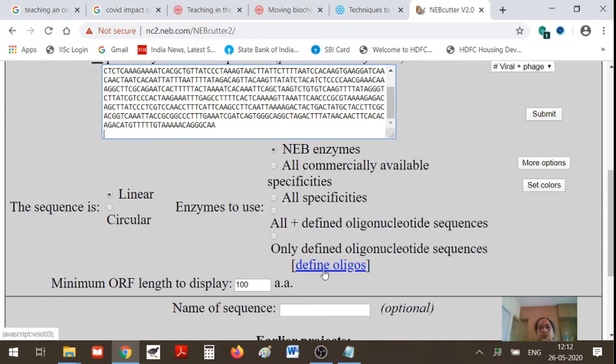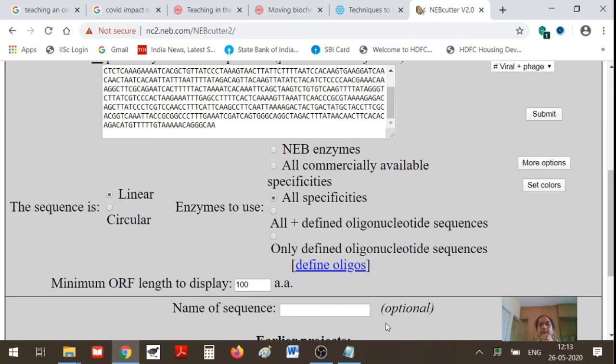Or you can choose to search only for a particular oligonucleotide sequence in your input. You can choose whichever option; I will use all specificities. The output will give me the list of all restriction sites present on the DNA. Then here we have to specify whether the input sequence is linear or circular. In this case it is a linear sequence, so I will just leave it checked here.